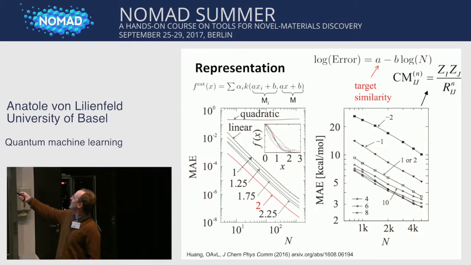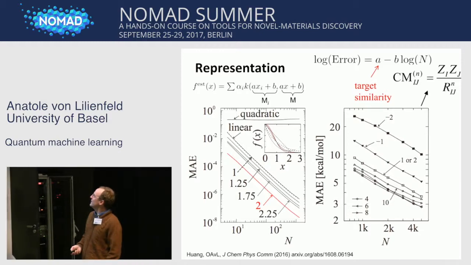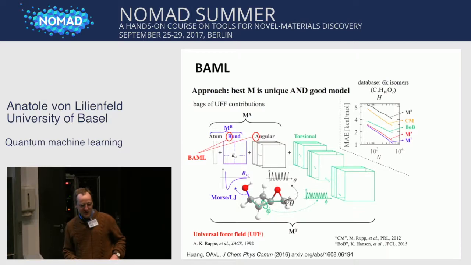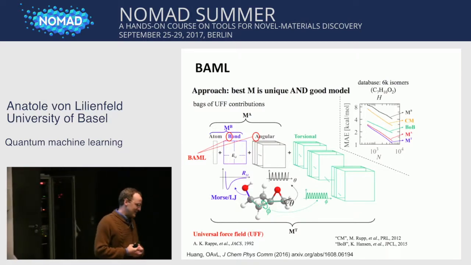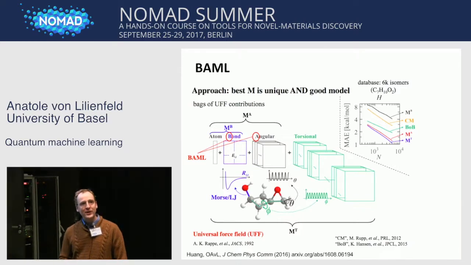And then, of course, you can look at different exponents, and you see the lowest learning curves for 4, 6, or 8, so sort of London dispersion or dipole-dipole sort of laws seem to model the surface the best. And this, of course, then we thought, okay, well, what is the best approximation we can have for the potential energy?